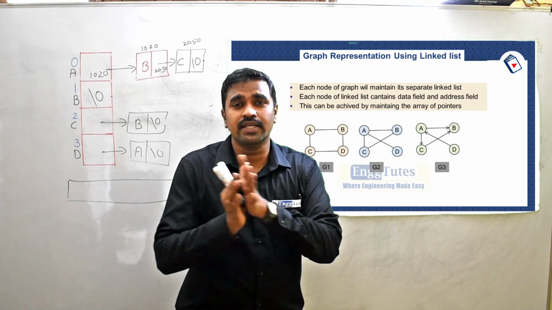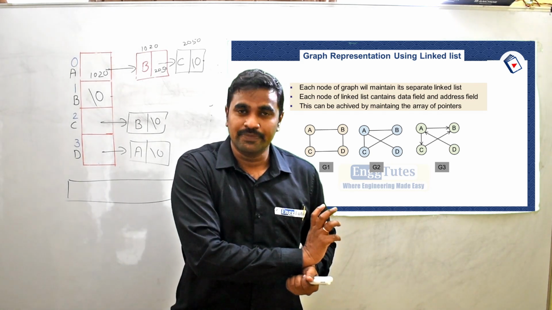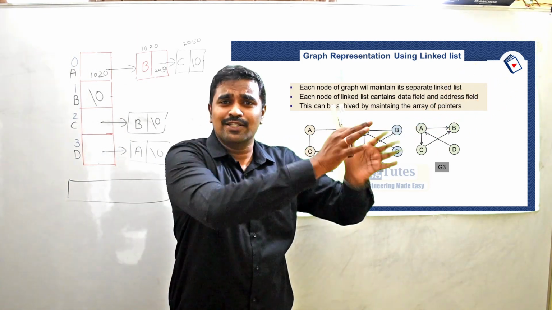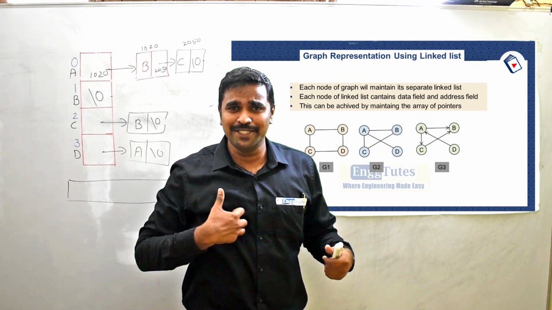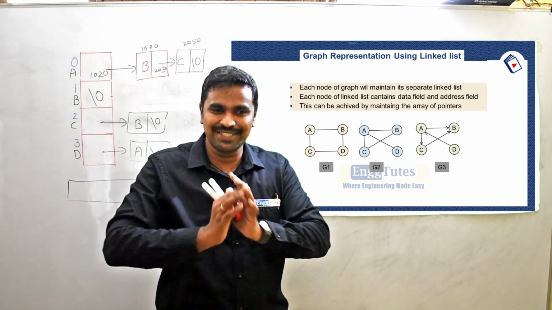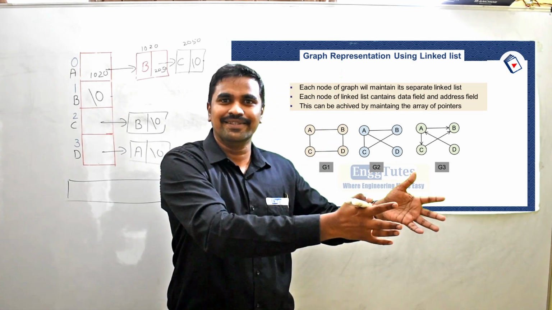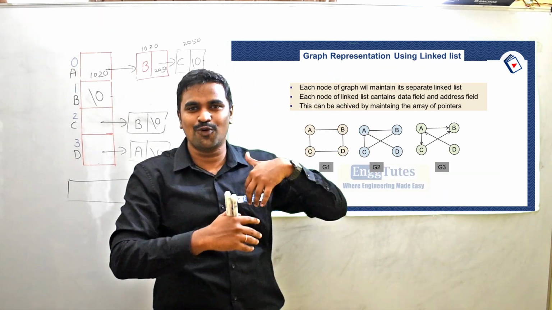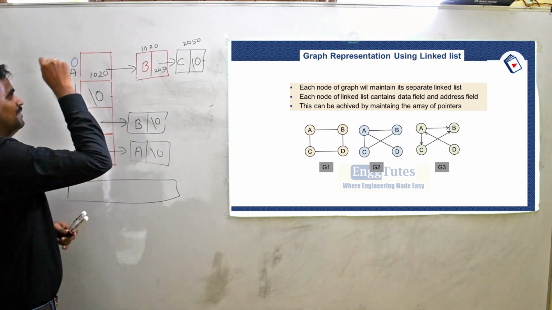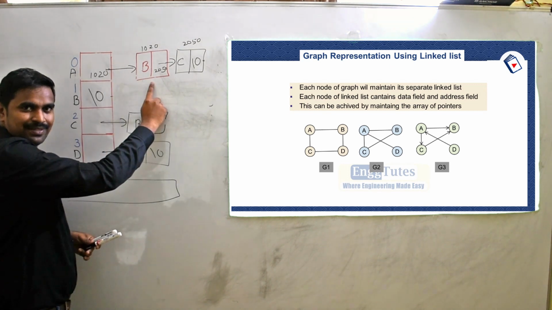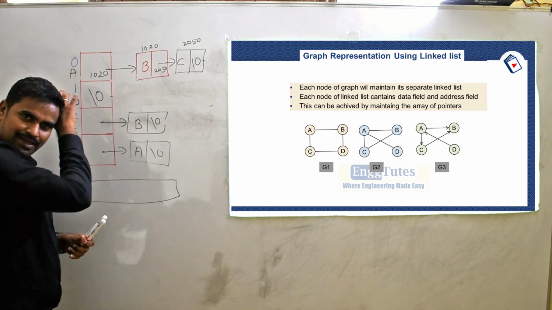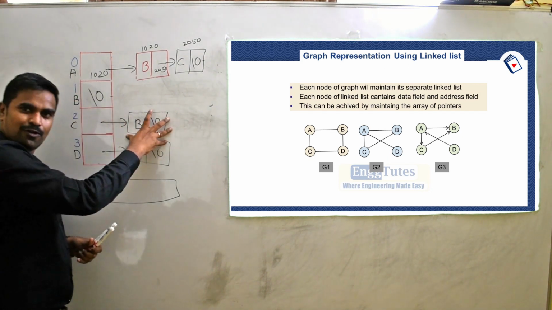But directed graph is an example of Instagram. It means that I am a follower of, let's say, Hrithik Roshan. It does not mean that Hrithik Roshan is also a follower of me. नहीं, ऐसा नहीं हो सकता है. Okay, या फिर ऐसा केस नहीं हो सकता. So this is a one-way communication. I am following Hrithik. Okay, it does not mean Hrithik is also following me. So it's an example of a directed graph. That means A is a follower of B and C, but B is not a follower of anyone. B का अपना एक अलग सा swag है. C is just a follower of B.